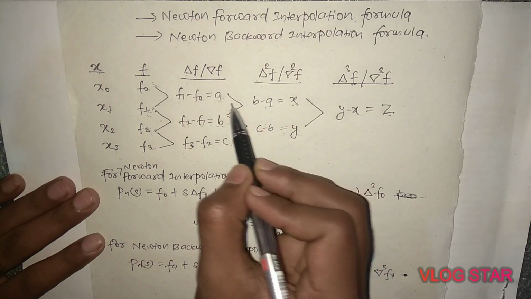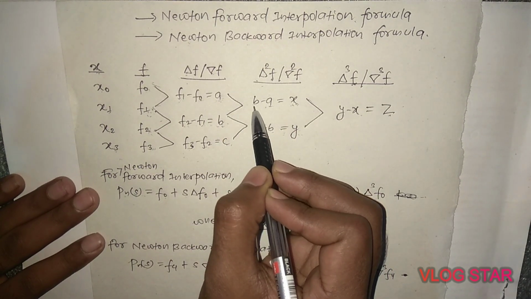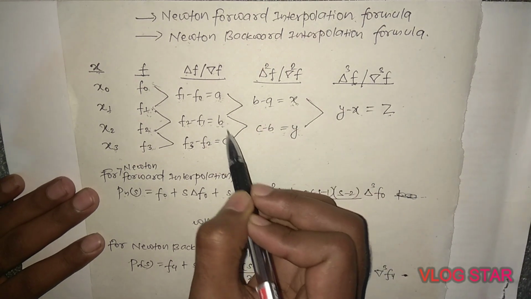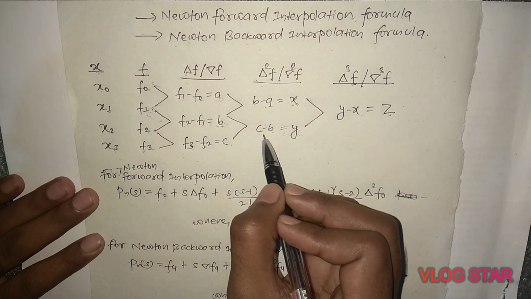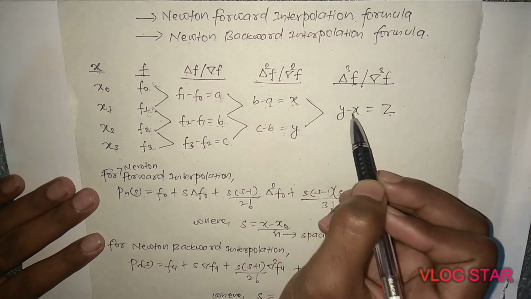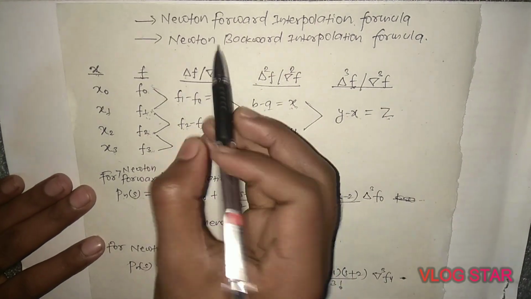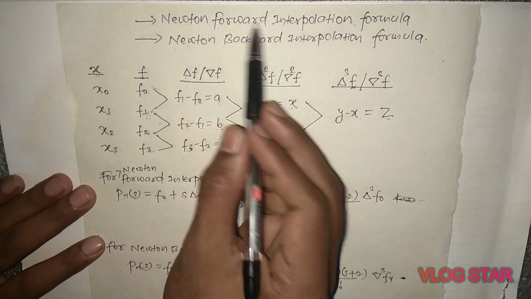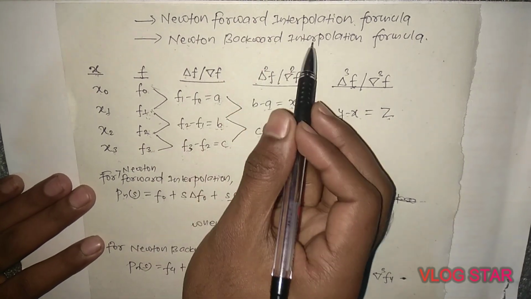Now in the second difference we will take b minus a, and we will assume it as x, and for these two, b and c, we can write c minus b and we will assume it as y. Similarly in the third difference we can write y minus x equals z. In the formula of Newton's forward interpolation we will write del f,